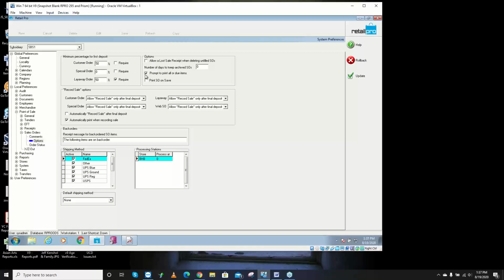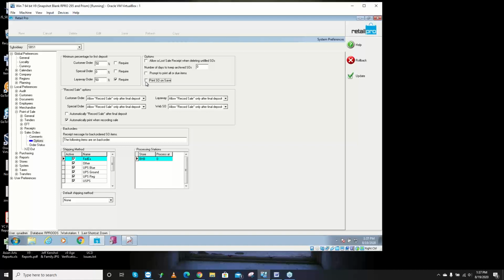Right, so prompt to print all our items due. So like in the scenario we talked about earlier where they ordered 5 items, potentially they came in and picked up 3, and we want to print them an updated copy of the order and their status. So let's say they had 5 items, they give us $100. We let them use 50 of that deposit, half of it. So then we want to print them the remainder as an updated copy of the order. Like these 2 items are still out there and you still got $50 on them, right? Then you would want the option to print only due. You turn this on and you'd be able to,